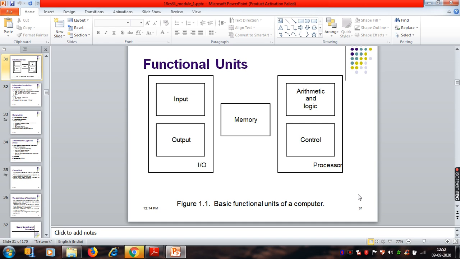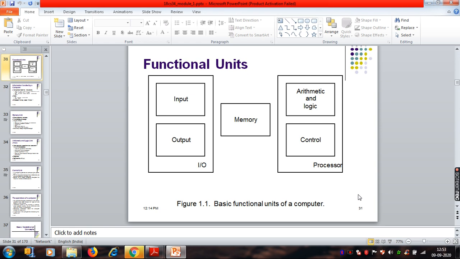All the functional units are interconnected by a structure which is called a bus structure. They are controlled, made functional, and monitored by the signals generated by the control unit. So the control unit is like one monitoring part which generates proper timing and control signals, which make other functional units work here.